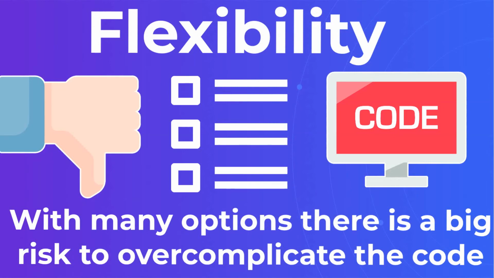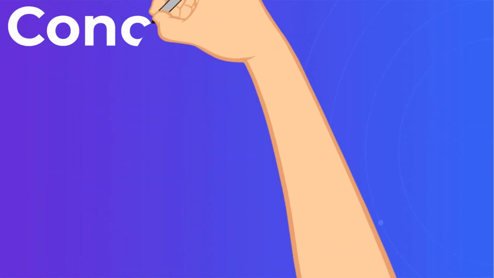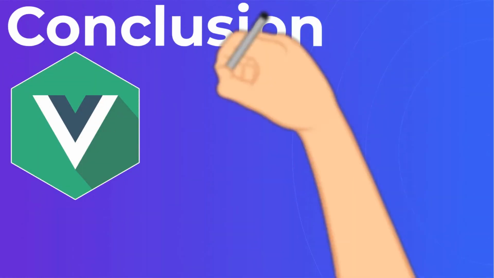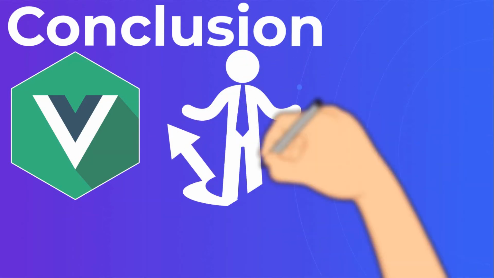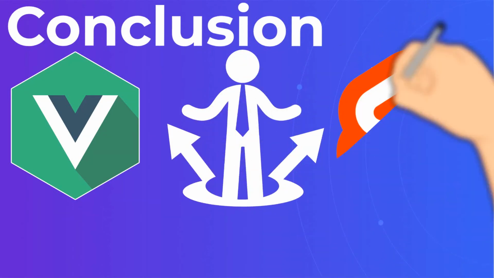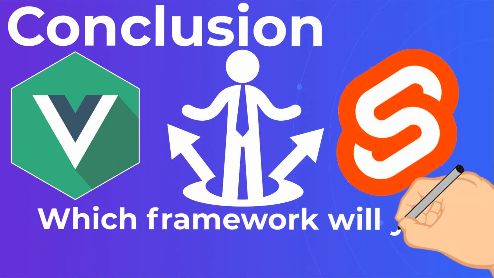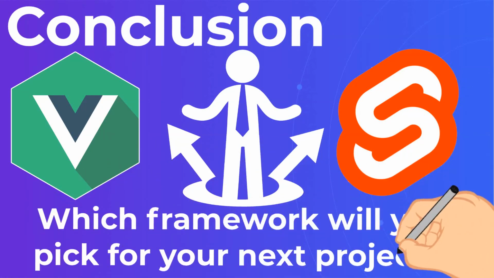bulky and slow. Conclusion. The debate between Angular versus React versus Vue versus Svelte for the title of the best front-end framework is probably never going to cease to exist, especially when new strong players, such as Svelte, come to play. Svelte JS versus React versus Vue. Which framework will you pick for your